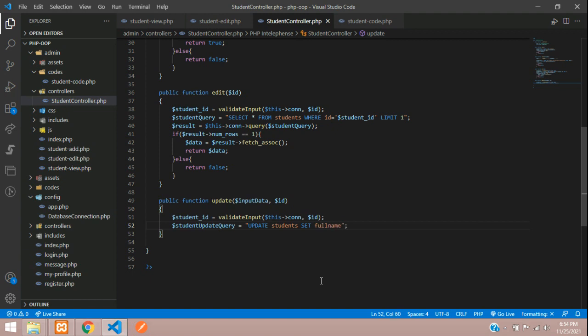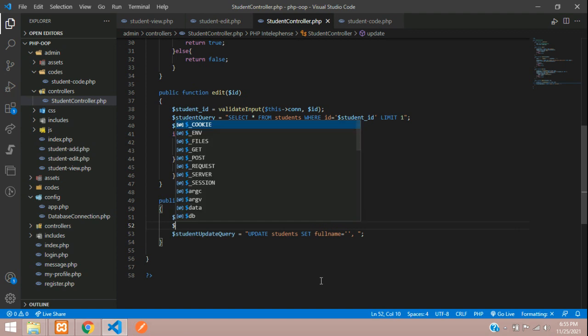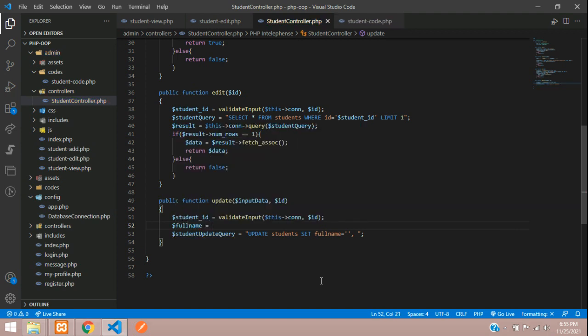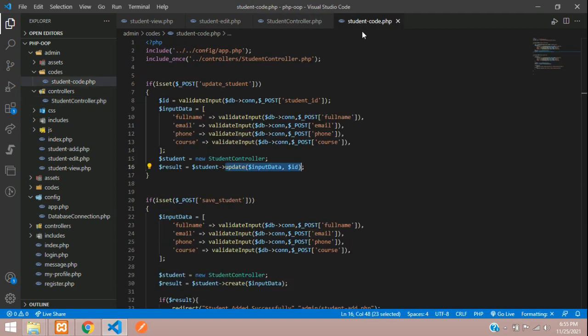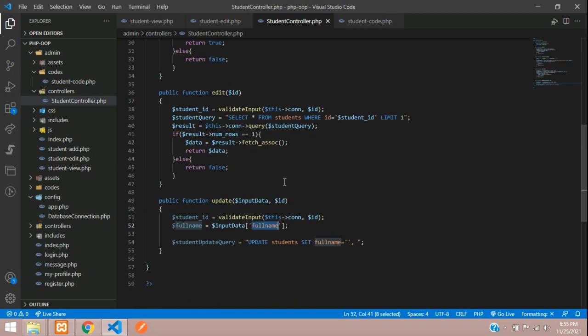So let's type full name is equal to inside single quotes and then give comma and then your next column. So inside this single quote we have to get our input data. So now guys, let's create that full name is equal to dollar input data of what we have created in that full name. Okay, so I'll just show you this full name, from where it is coming. As you go in your student code.php, we have given this input full name, email, phone, and course. So these fields only we are going to call over here. Okay, so same you have to call it